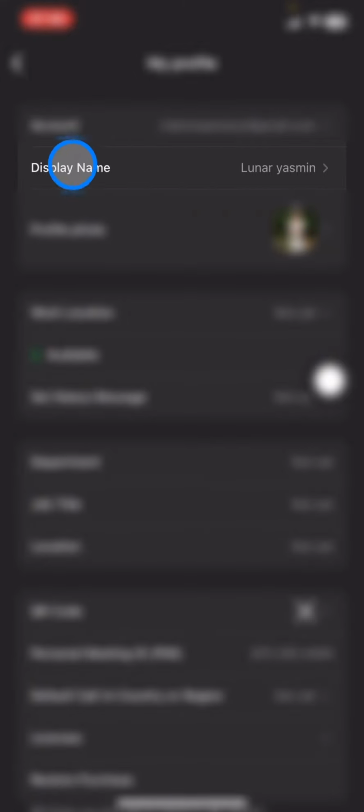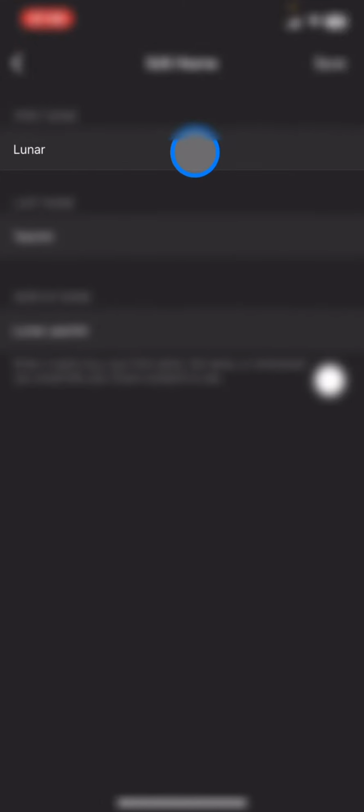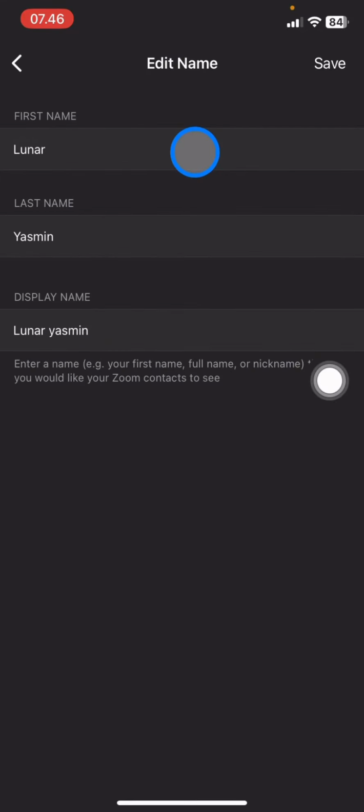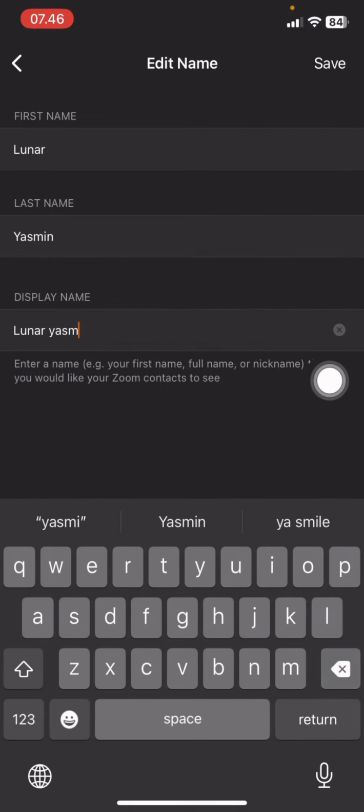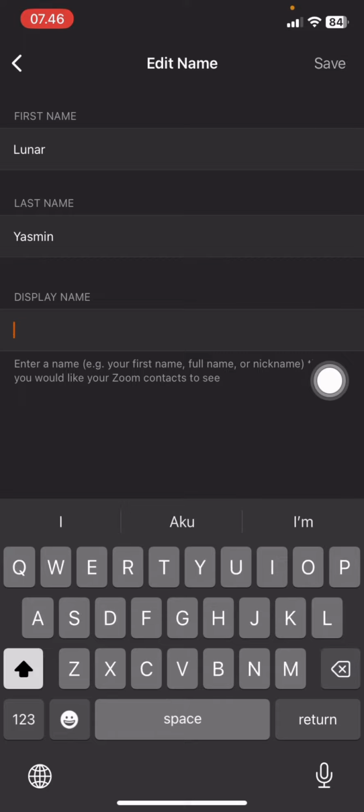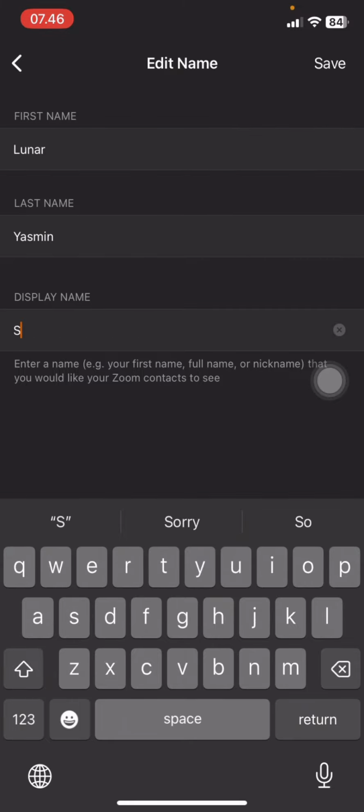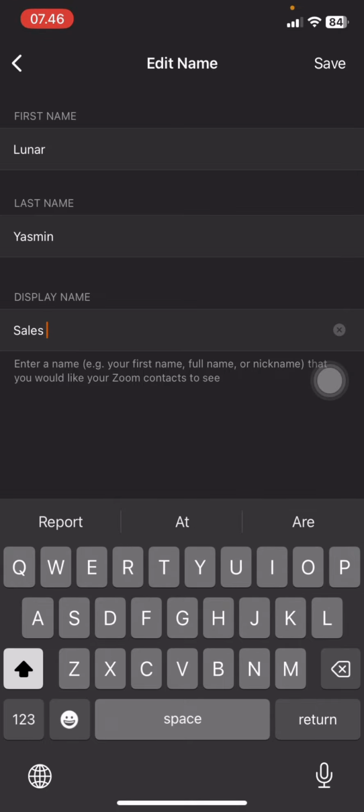So if you want to change it, you just need to click it, and now you just need to put the display name here by the name that is already required by the meeting host. So let's say the meeting host needs the participants to input their department. So let's say I am from the sales department, so you just need to put the sales dept and